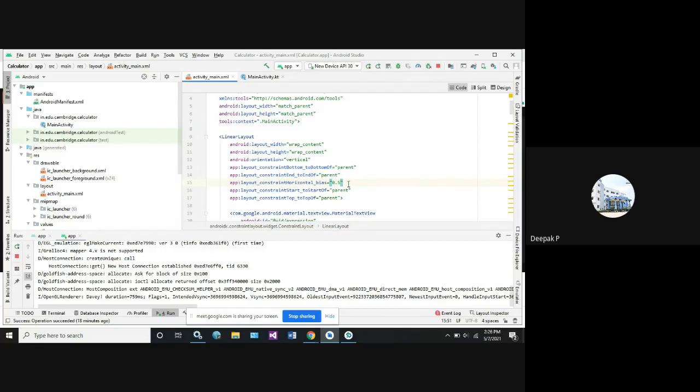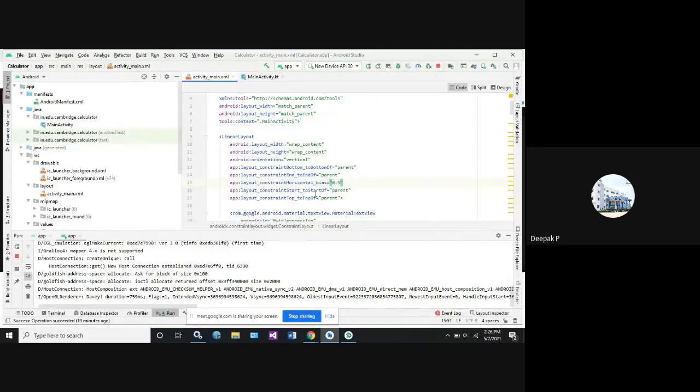But we cannot write 50% here in the bias. So usually in Java code, we will write 50 percentage, whereas in Android code, in Kotlin code, we will write it as 0.5. Okay, so the system understands that it's 50%. It's 50% of the XML data which displays for the user interface. So the position you mention, whether towards the right, the middle or the left-hand side, depends upon the constraints that we are going to design.